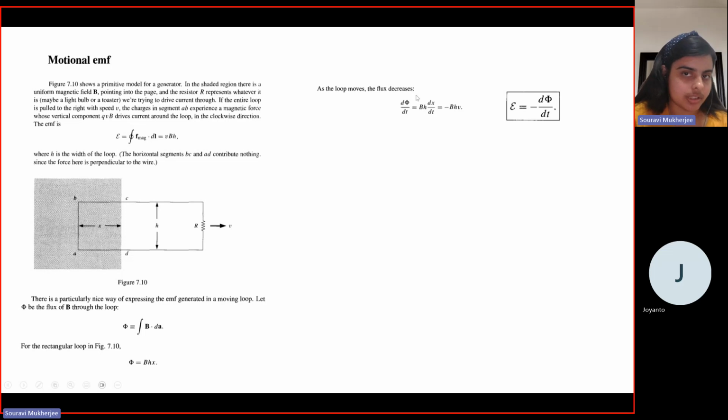The flux changes, it decreases. So dφ/dt is given as BH dx/dt, which is nothing but minus BHV. So this shows that the flux is decreasing. Now if you relate this, we see that EMF is given as minus dφ/dt. So that means the rate of change of flux is equal, and the minus sign denotes